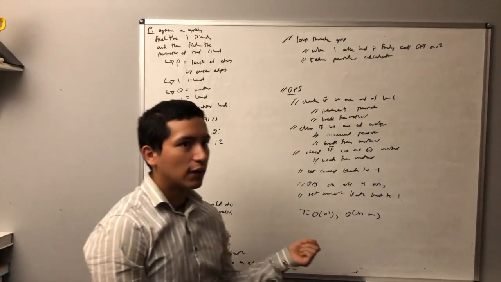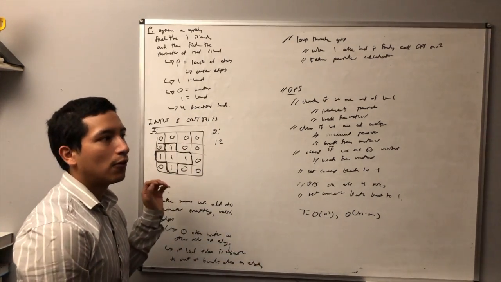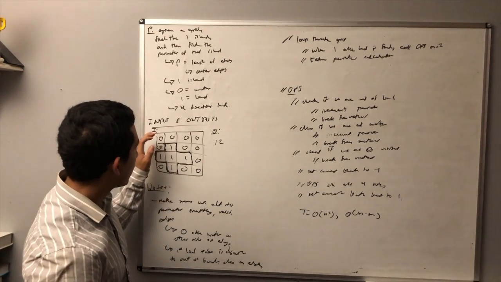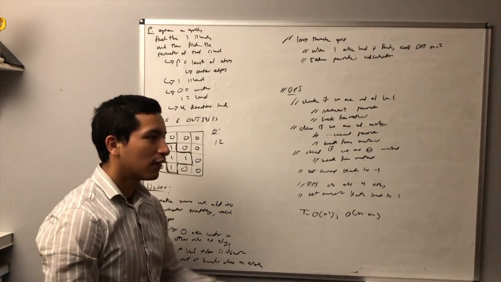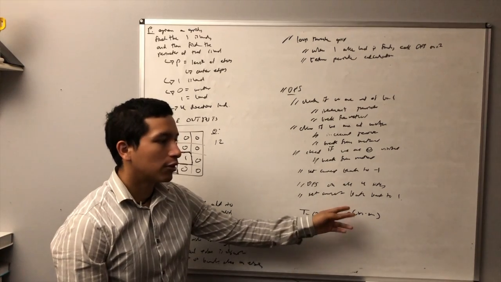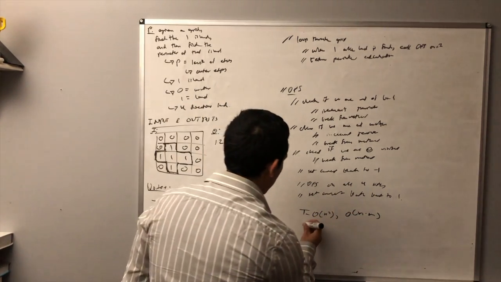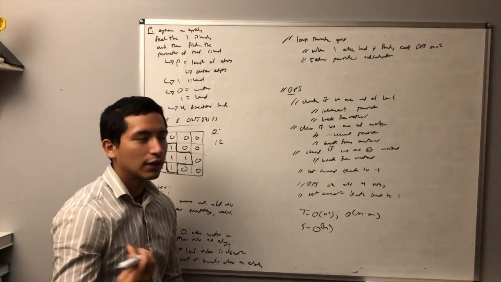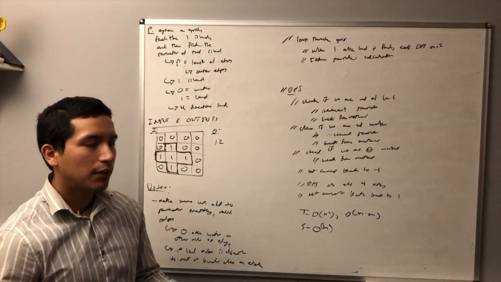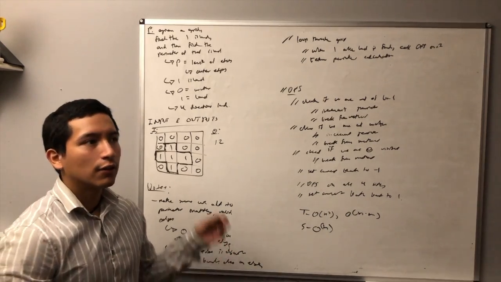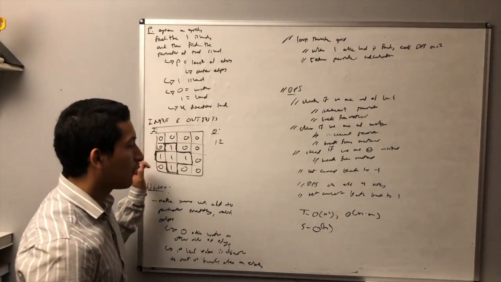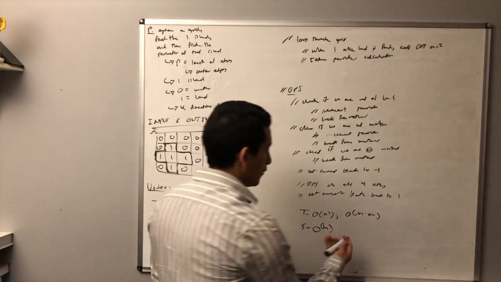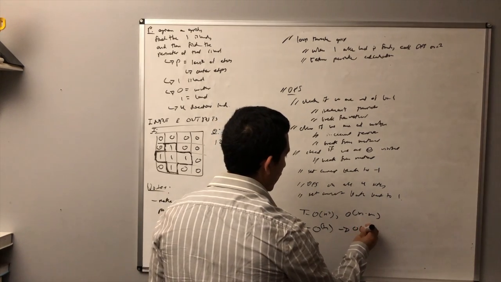So at worst case, however, we could be traveling through all of the blocks in the grid. So if that's the case, then our time complexity would be all the blocks that we had to visit. The space complexity would be O of h, h being the height of the recursive call stack, and that recursive call stack is going to be basically the size of the longest path the depth first search takes. So at worst case, that would be n times n as well. So this would also translate to O of n times m,